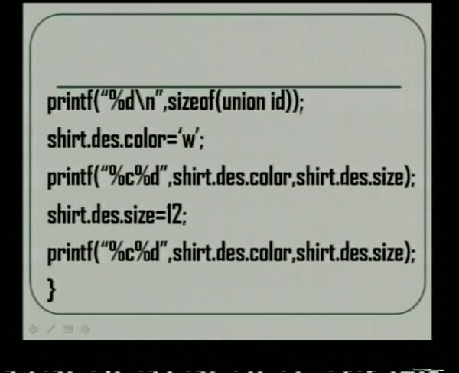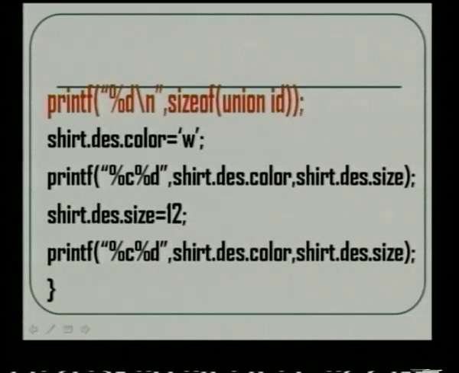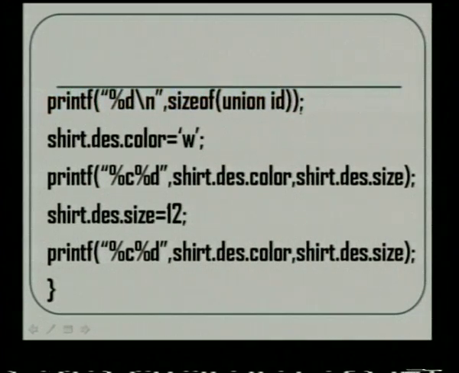So, here if you see printf sizeof union id. sizeof is already an operator which we have seen. So, here it should return the value 2 bytes because sizeof is nothing but the size that is required to hold the union. According to the compiler, the memory which is required to hold the largest member of the union alone is allocated. So, we have already seen the largest member is an integer. So, we are just trying to find out whether our understanding of the union concept is right. When we give the sizeof operator, it will return the memory space that is allocated for this union.